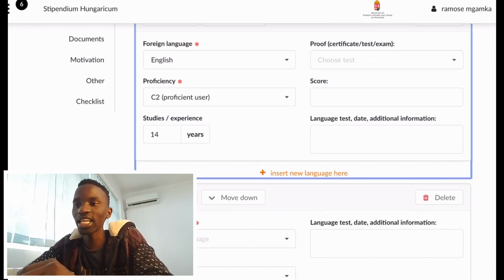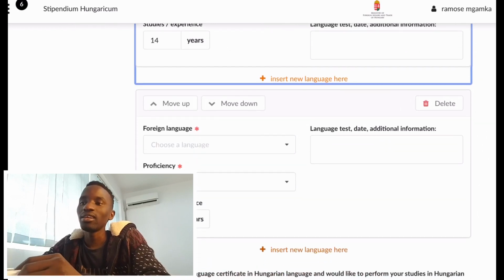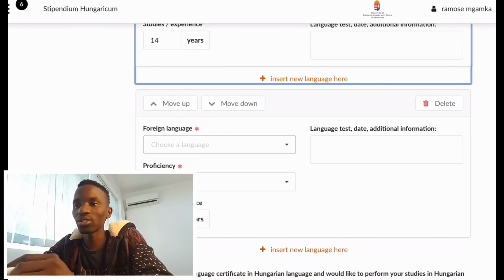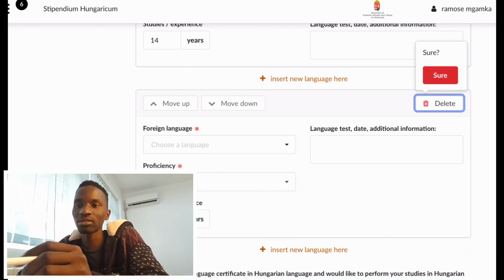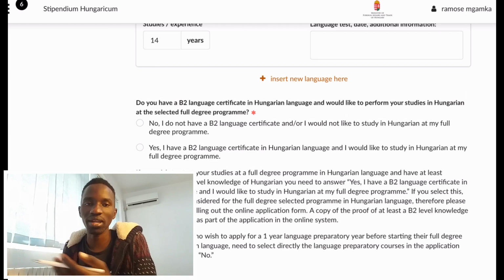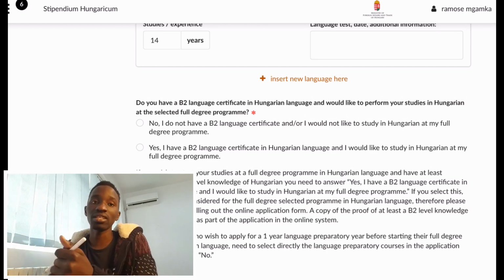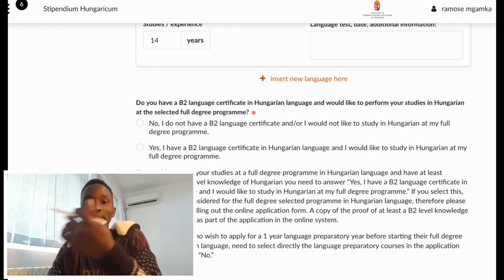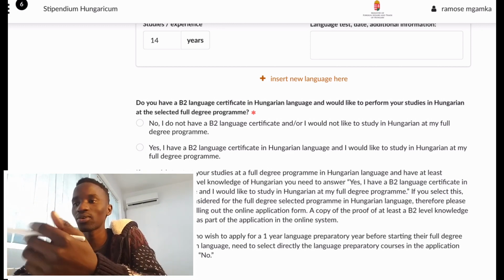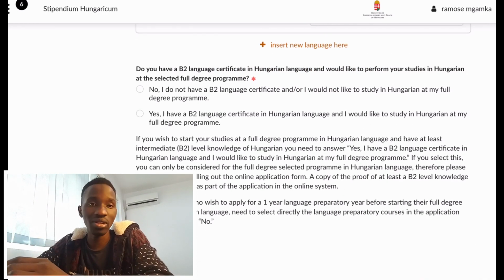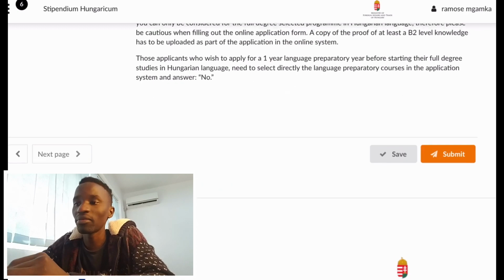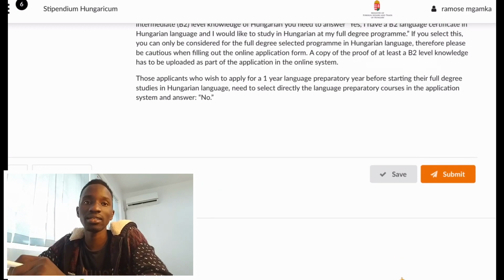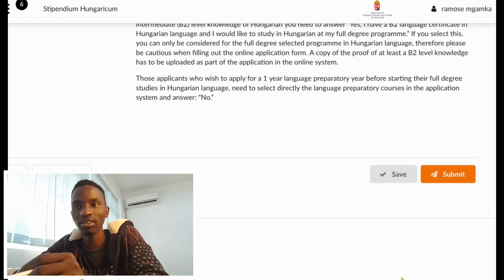If you need to add extra, another information about the language, I might add also a foreign language. Maybe I know more than one language. I can put, maybe I know English, I know Arabic, I know Turkish, I might add French, if you have a second language, and more. If you have the B2 level in Hungarian language, you can add it here. I do not have it, but you might, if you want to be enrolled into a Hungarian department. After I finish, click save